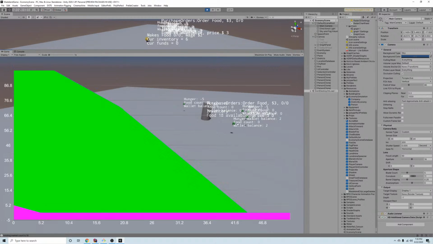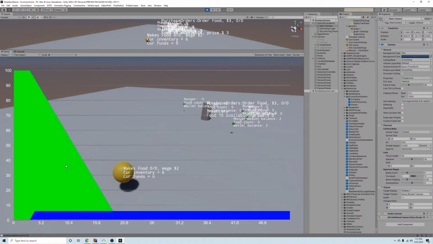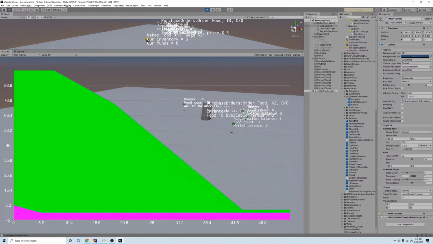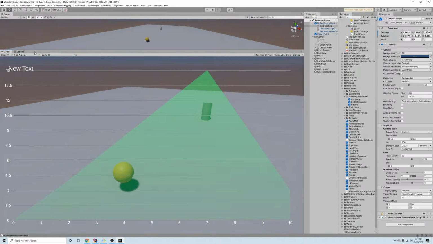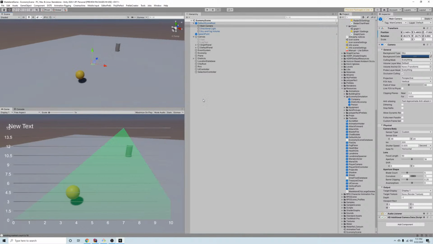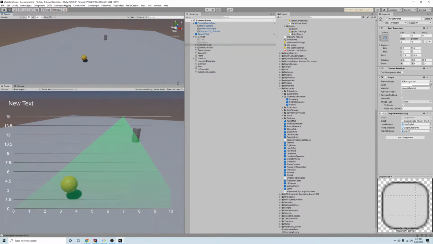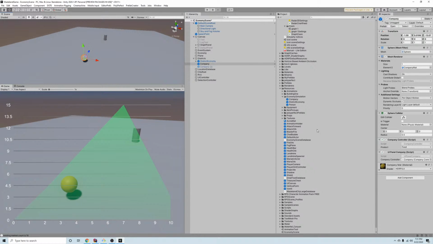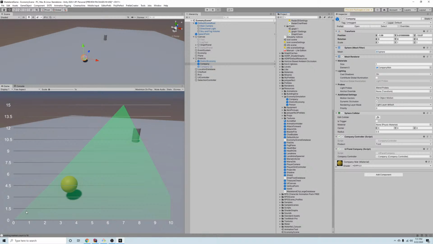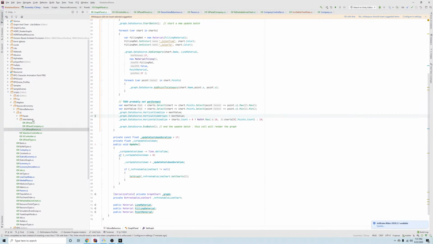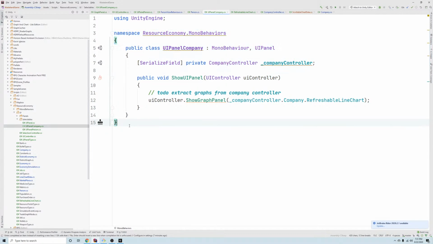I can click on different things in the game and see different graphs. So yeah, just to wrap up what we did in this stream, created basic UI controller, and right now we have a UI for graphs, and when you click on these different objects, different UI panels are displayed, and particularly for the graph one, we have a reasonable way of creating very simple implementations